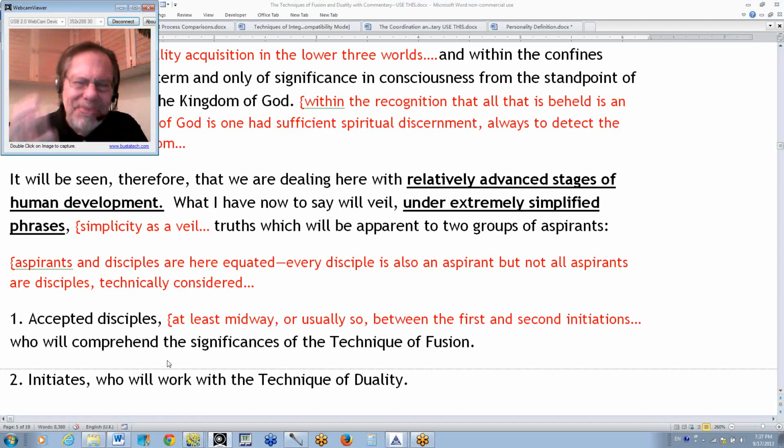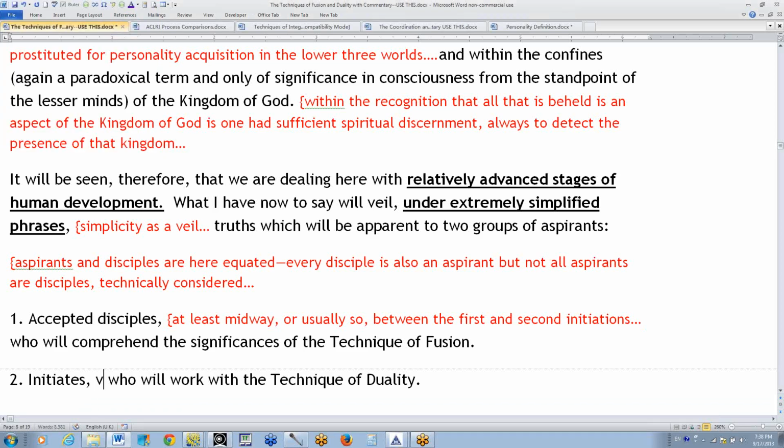So it's interesting, he discusses it. One can technically be an initiate of the second degree and not yet be an accepted disciple. And one can be not yet an initiate of the second degree and be an accepted disciple. It has to do with a certain karmic, dharmic relationship of the master and the rising disciple. So who will understand these things? Accepted disciples will comprehend the significance of the technique of fusion, and initiates,